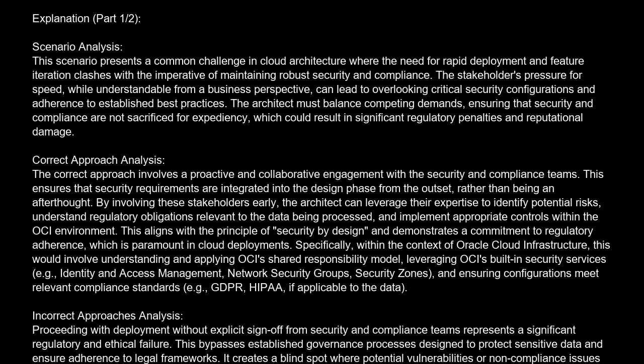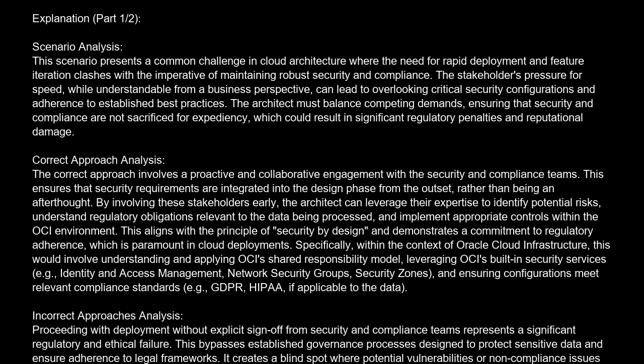Correct approach analysis. The correct approach involves a proactive and collaborative engagement with the security and compliance teams. This ensures that security requirements are integrated into the design phase from the outset, rather than being an afterthought. By involving these stakeholders early, the architect can leverage their expertise to identify potential risks, understand regulatory obligations relevant to the data being processed, and implement appropriate controls within the OCI environment. This aligns with the principle of security by design and demonstrates a commitment to regulatory adherence, which is paramount in